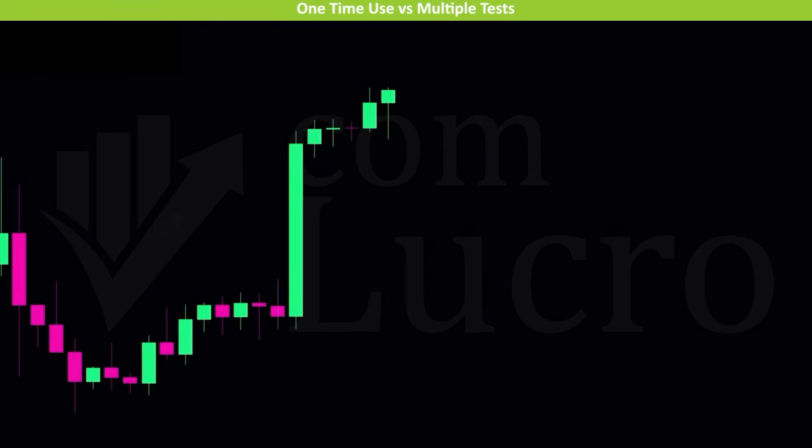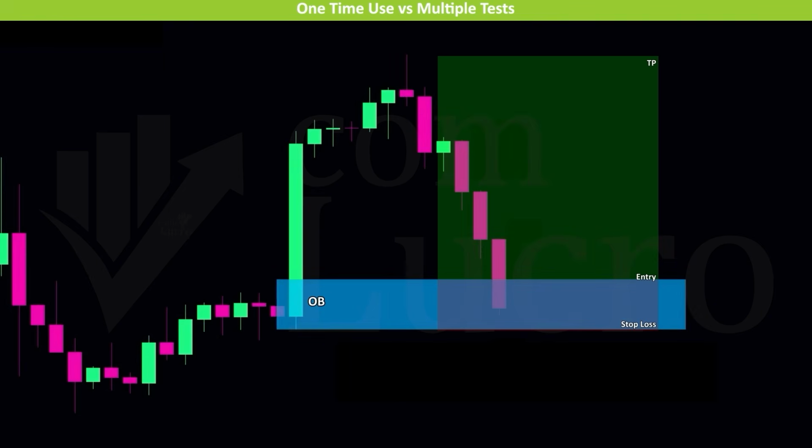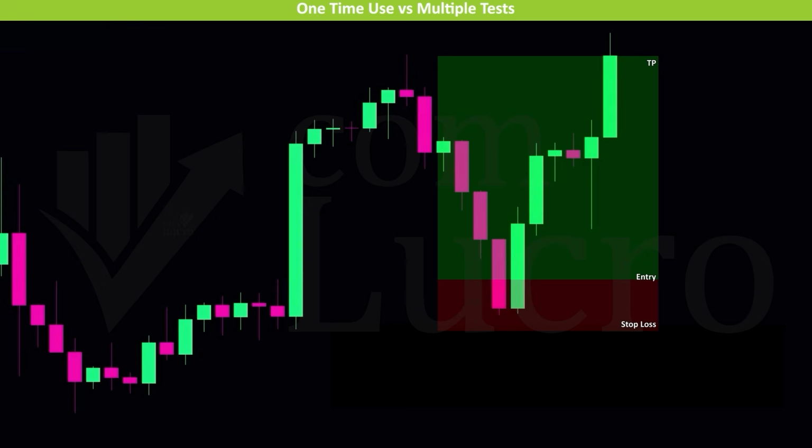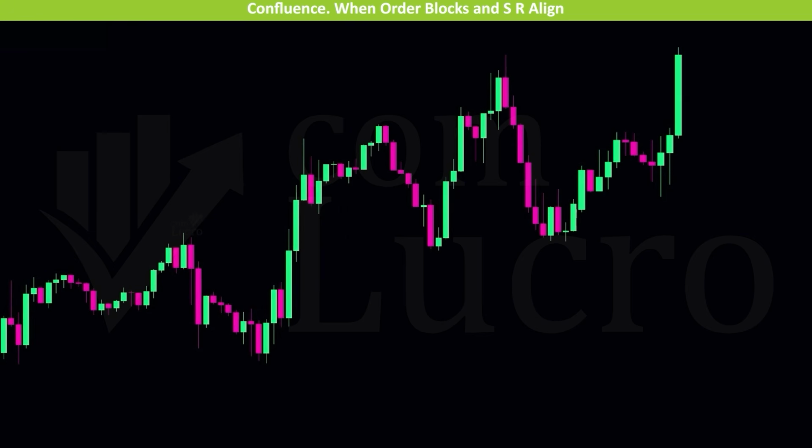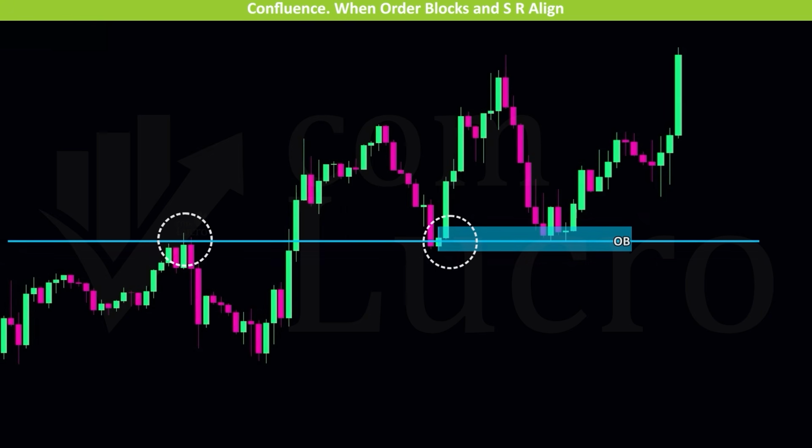A third difference relates to how often price can interact with these levels. Order blocks are generally considered a one-time use. Once price returns to and touches an order block, it is no longer treated as valid. Support and resistance levels, in contrast, can be tested and respected multiple times before they lose their significance. Even though order blocks and support and resistance are different concepts, they can complement each other effectively. When an order block aligns with a support or resistance level, this creates what is known as confluence. Areas of confluence tend to carry more weight, as price has a higher probability of reacting when multiple factors point